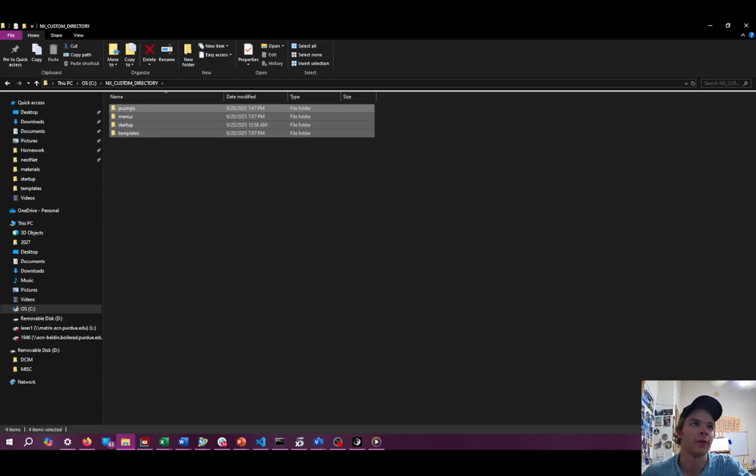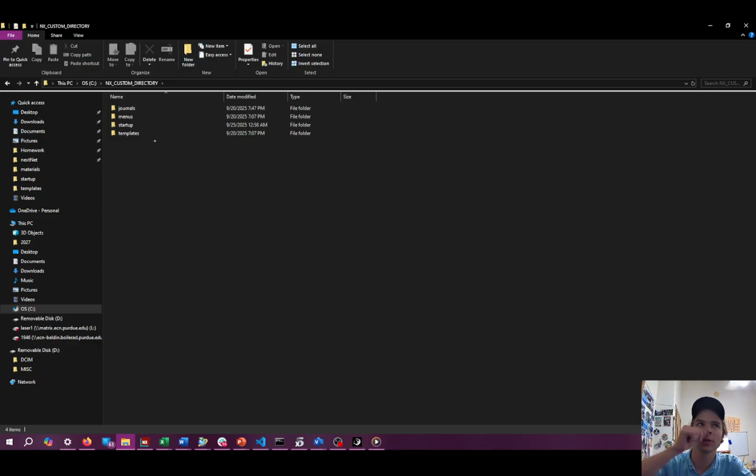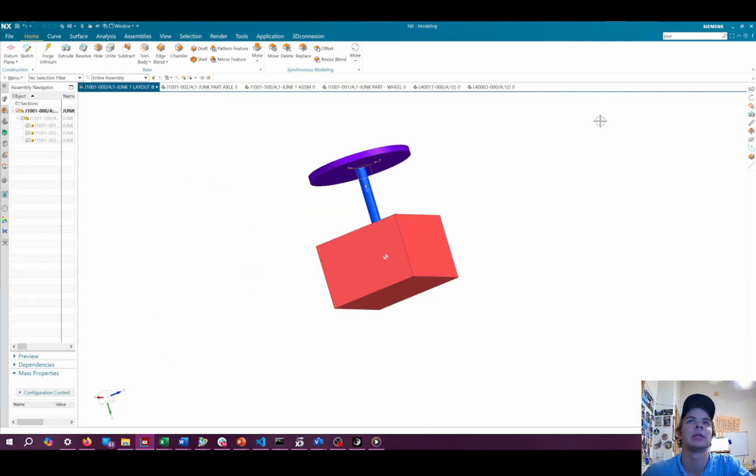copy this format where you have 4 folders with these names. We're not going to use a lot of this right now. We're mostly just going to stay within this startup folder, but in the future we might use it. So just get it set up now. But yeah, make those 4 folders, and then after you're done with that, go back to NX, and then